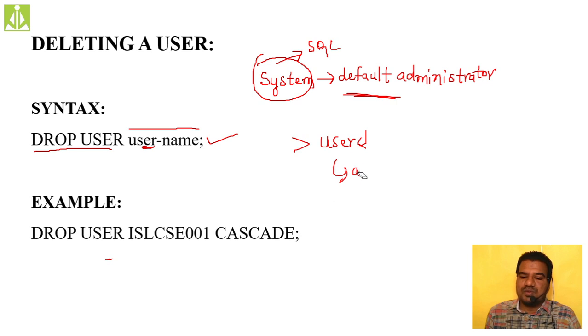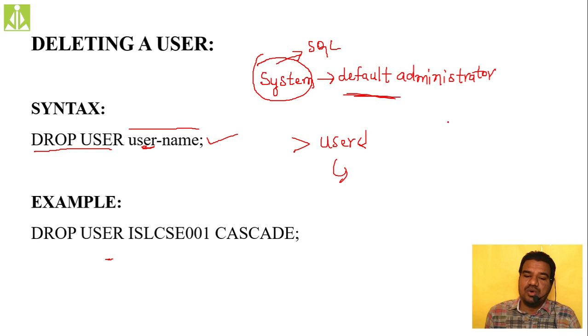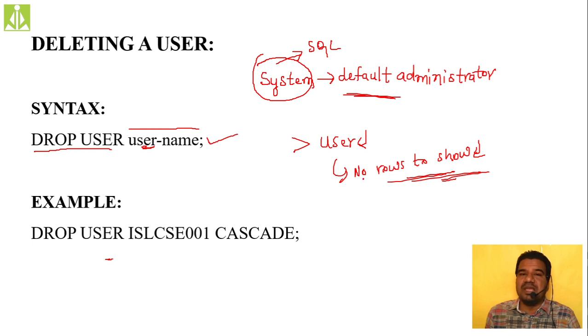So you have created a user and you have not created any tables or views in it. No tables, no views, no stored procedures. So when you try to print the content of this user and it shows a message, no rows selected, no rows to show, likewise an error message. If you get this message when you display the user content, that means this user scope is completely empty.